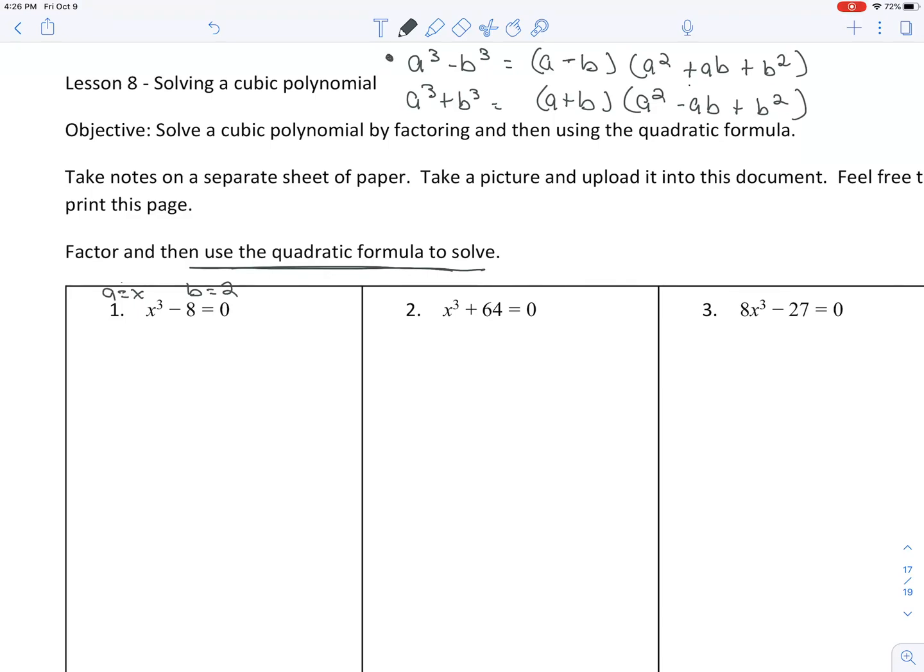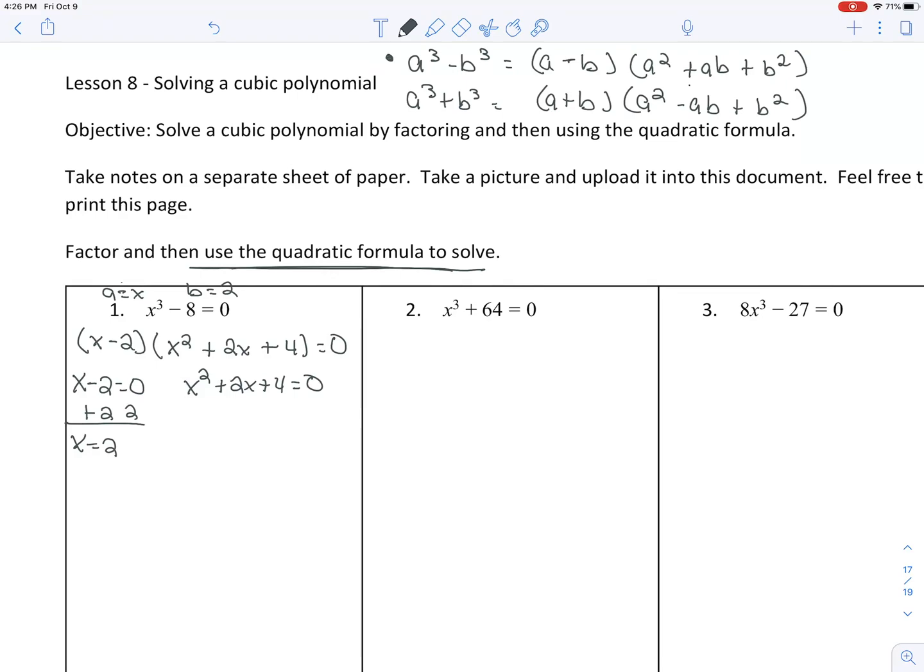So using our formula, we get x minus 2 times x squared plus 2x plus 4. That's equal to 0. So recall from when we solved before, we have to set both factors equal to 0. So this is x minus 2 is equal to 0, and x squared plus 2x plus 4 equals 0. All right, this first one, easy peasy, we can solve,